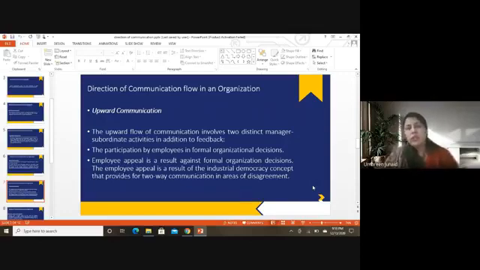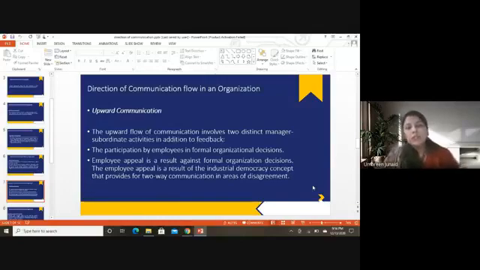But what is good is not to discourage your employees from giving feedback. Why? Because they have a right to speak. They're a part of your organization. They actually are strengthening your organization. Some people may be creating some problems, but at the same time, everyone is not a problem creator. Most of the people in the organization are actually helping your organization to boost in the market. So what is good is to get suggestions and to believe in what they are saying in the form of complaints or suggestions. So, the participation by employees in formal organizational decisions.